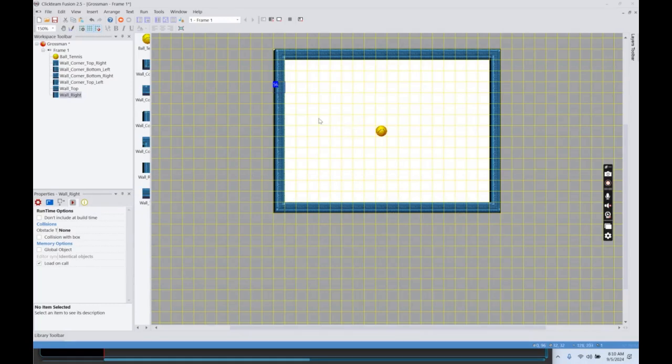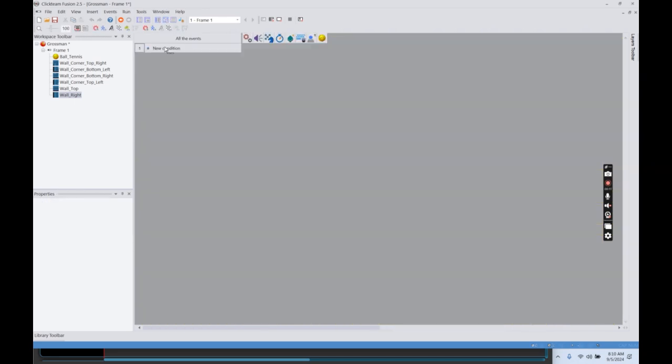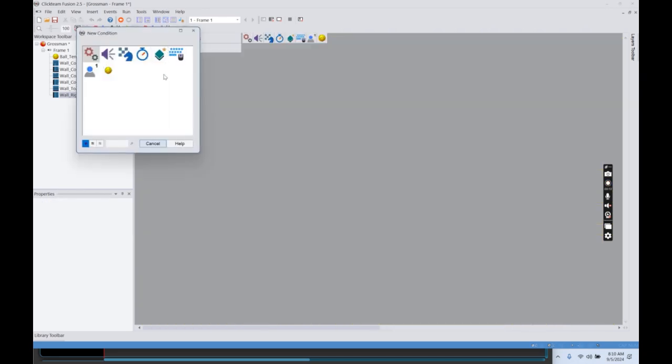Alright, so now we've got to deal with a condition here to make the ball bounce off the walls, because currently it will not. So what we're going to do is go to our event editor and make a new condition. And we're just going to say